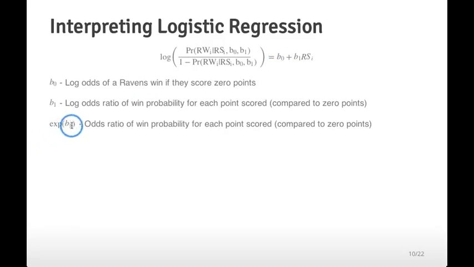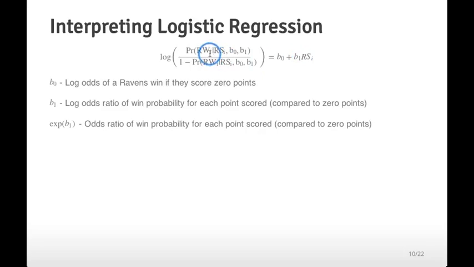So e to the b1 is actually just the odds ratio. If we don't want to deal with this log anymore, we can take e to the b1 and we get the odds ratio of a win probability for each point scored. I'm going to explain, this is obviously a little bit more complicated than just dealing with a 1 unit difference in our